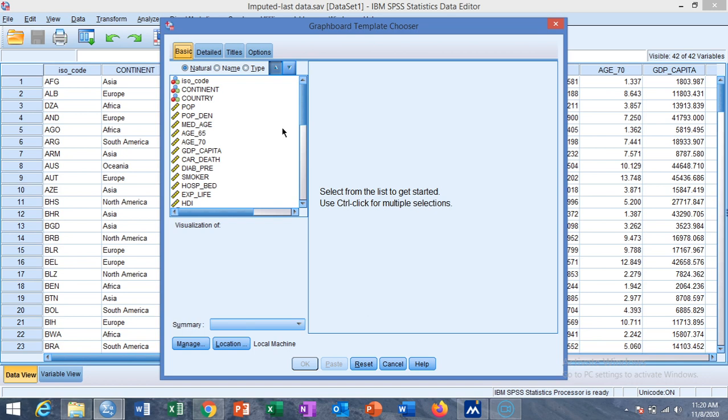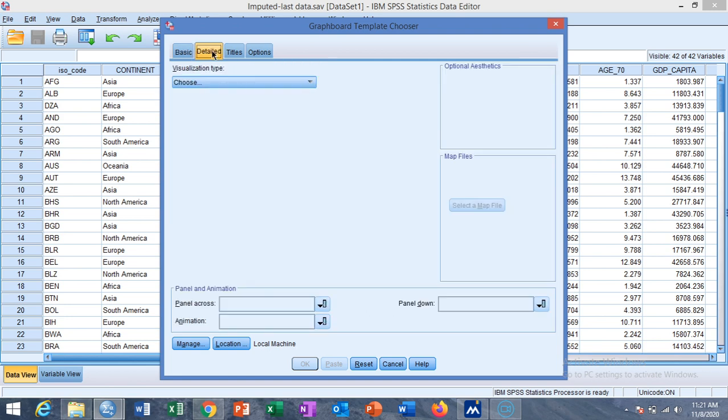This is the graph template chooser, and you need to go to the details and then select the visualization type, which type of visualization you are going to display.